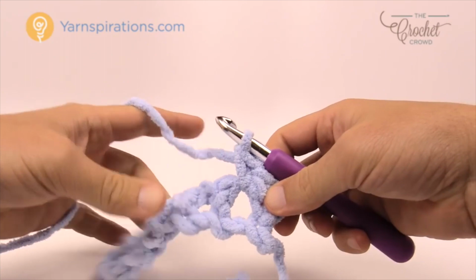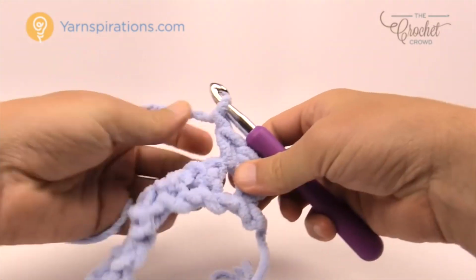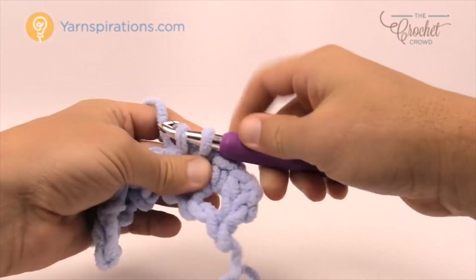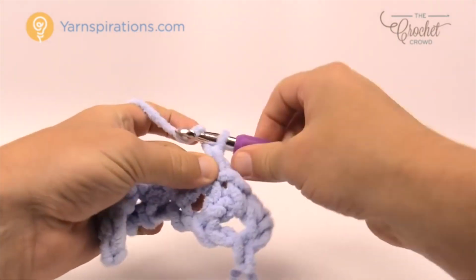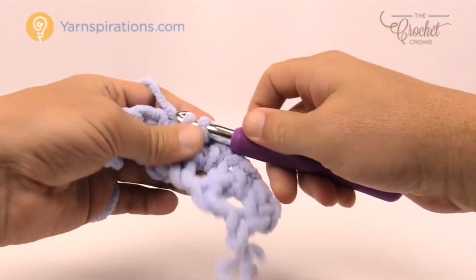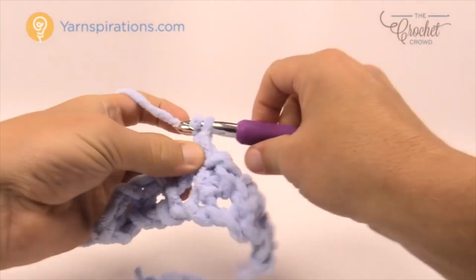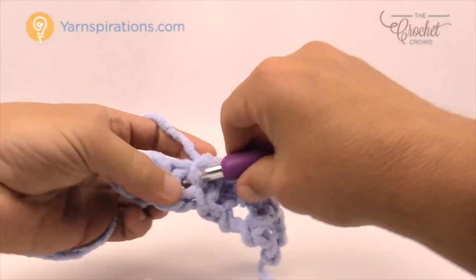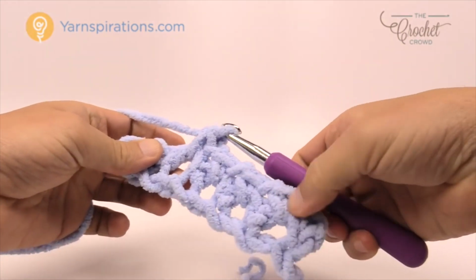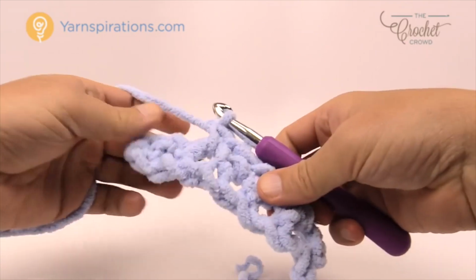So what we have to do now is chain 1, skip the next one, and single crochet into the next chain 1 space. Okay, chain 1, single crochet in the next chain 1 space, chain 1, single crochet in the next chain 1 space. So it's only the first time you have to worry about just getting this one right in the edge, and you're going to come all the way